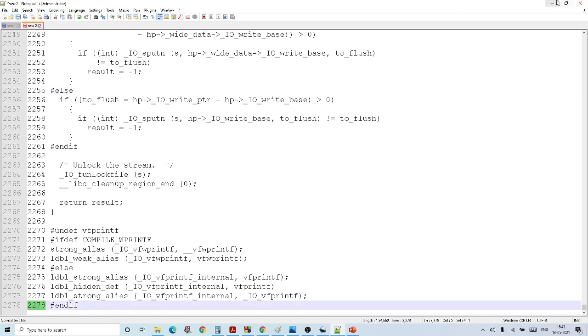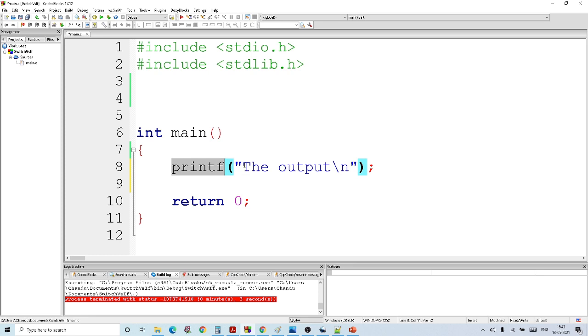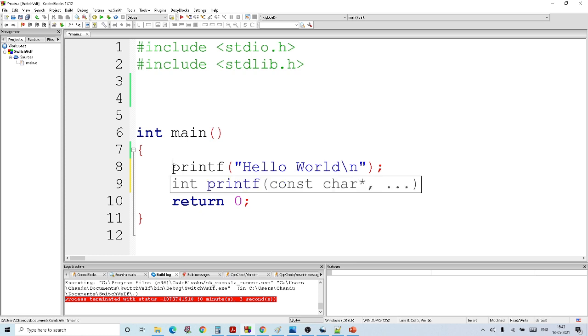So if we want to just write a basic hello world program without using functions, we would need some 2000 lines of code here. Imagine a program which uses some 20-30 printf statements, it will go around 6 lakh lines of code just for the print statements. And anyone who reads the program will not understand anything.